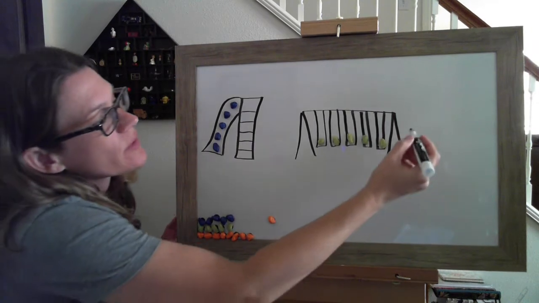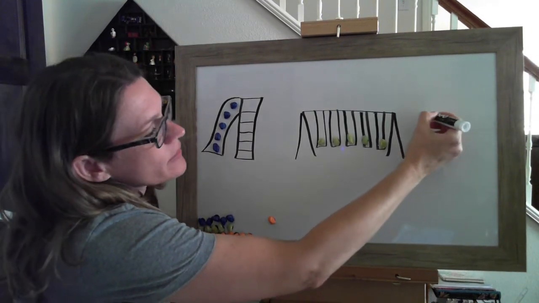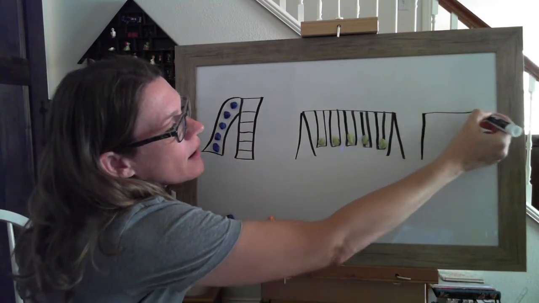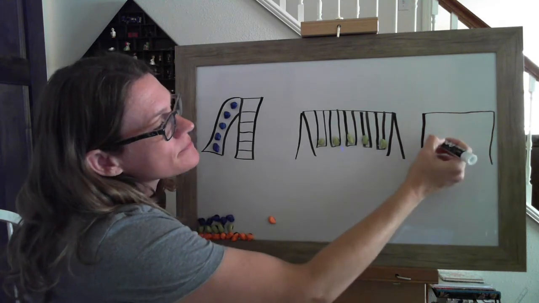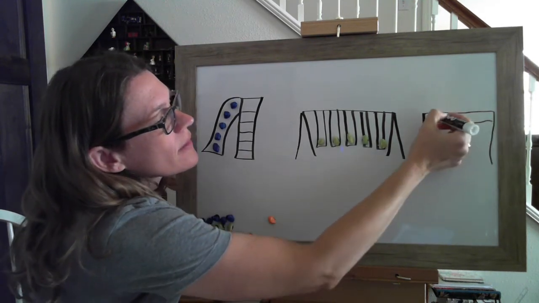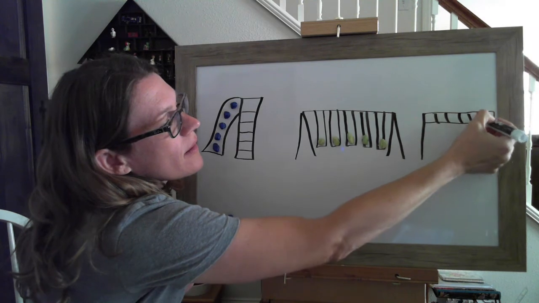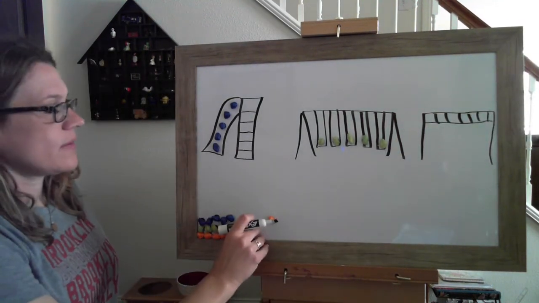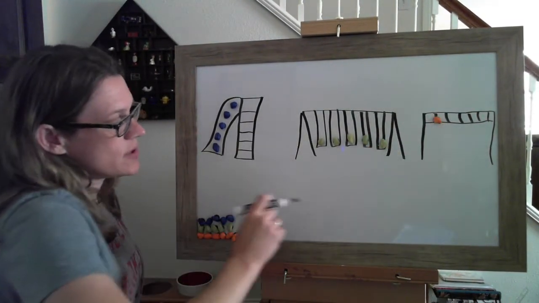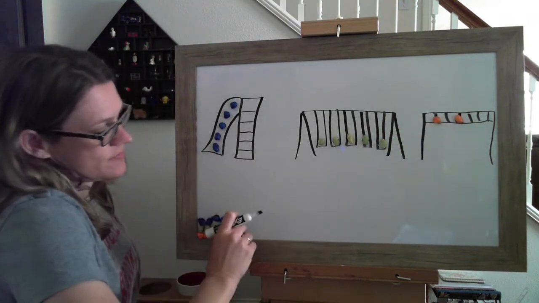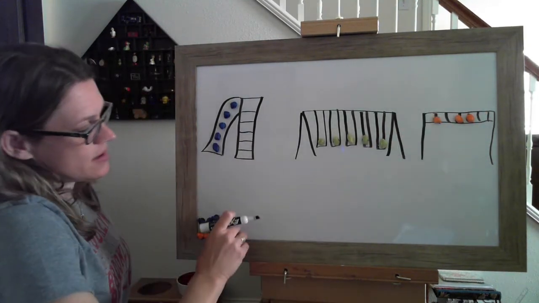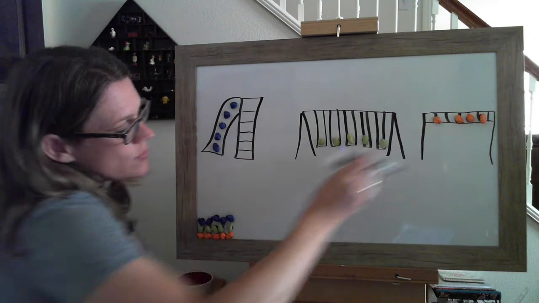And we are going to put those, I kind of ran out of room here, on the monkey bars. Put our orange guys over here. 1, 2, 3, 4,